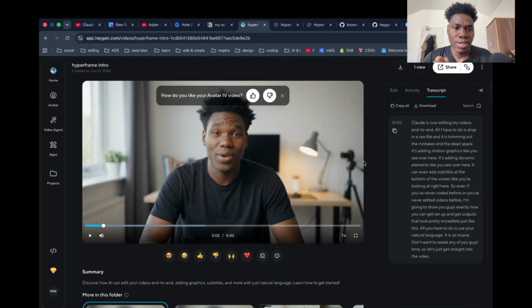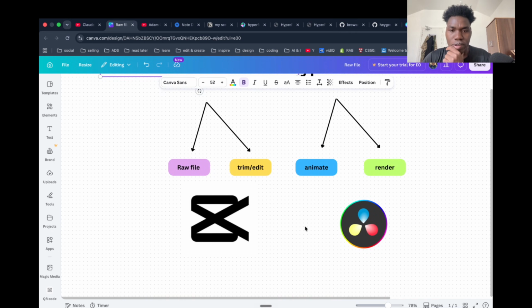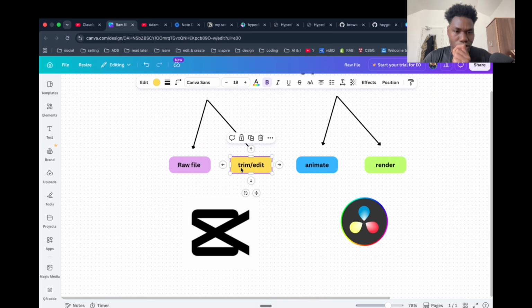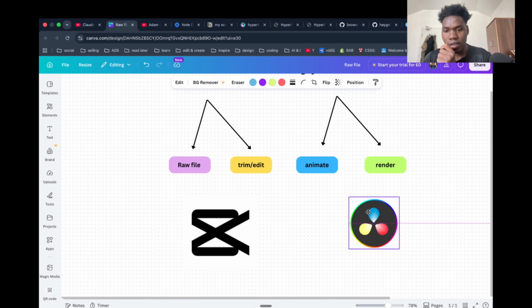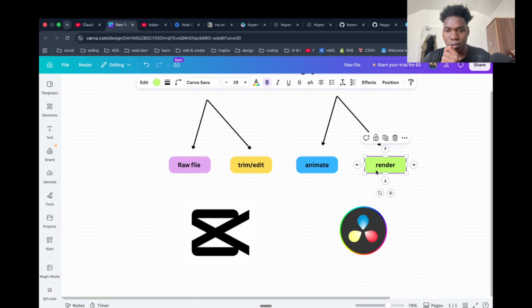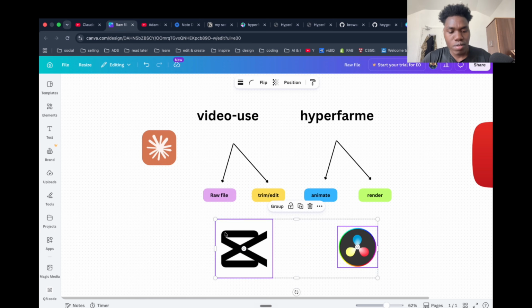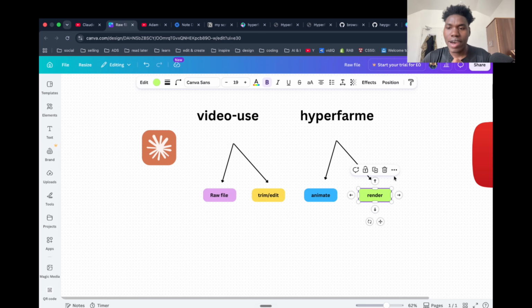I mean, the script, the video, the voice, even the editing was entirely made by AI. So here's how my workflow used to look like. I will record a video, that raw file, and upload it to CapCut. I trim and edit the video in CapCut, and then I will download the video on my machine and then upload it to DaVinci Resolve to animate and render the video, and then I upload the video to YouTube manually. But now I could use only Claude Code to edit my raw footage, animate them, and even upload them to